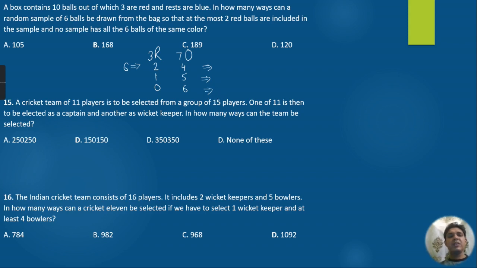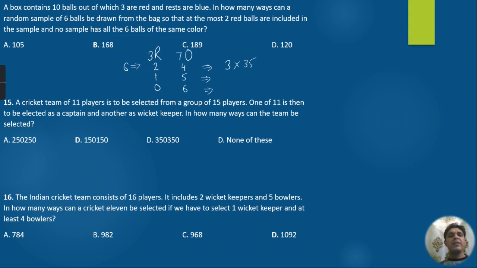So first of all, selecting two things out of three, so this will be 3C2, the answer will be 3 here. Thereafter, selecting four things out of 7, this is equal to selecting three things out of 7. So if we put 1 by factorial 3, that is 1 by 6, multiplied by 7, multiplied by 6, multiplied by 5, so this will be 35, right?